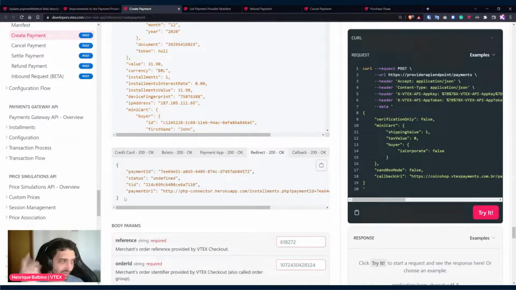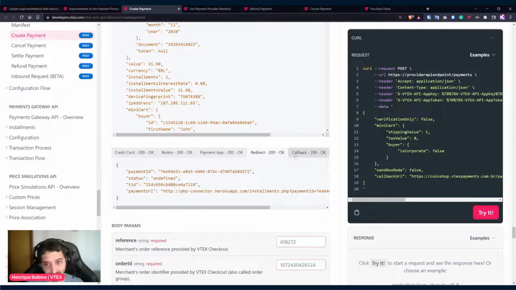That's when you make a payment and it opens like a new tab or a new window, and the buyer will have to complete the payment step in that other window, interacting with an external solution, and then the buyer will be redirected to that, and then once he finishes,